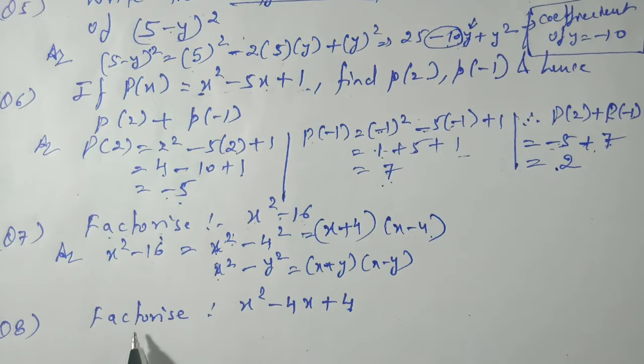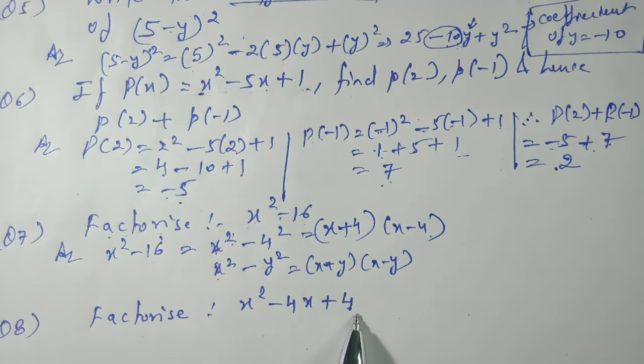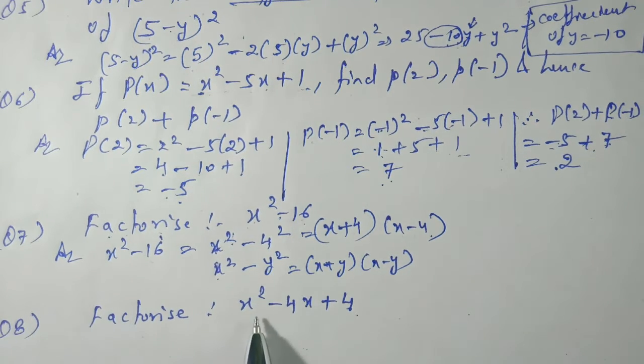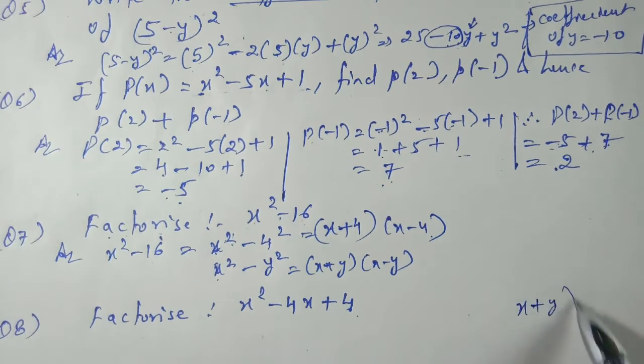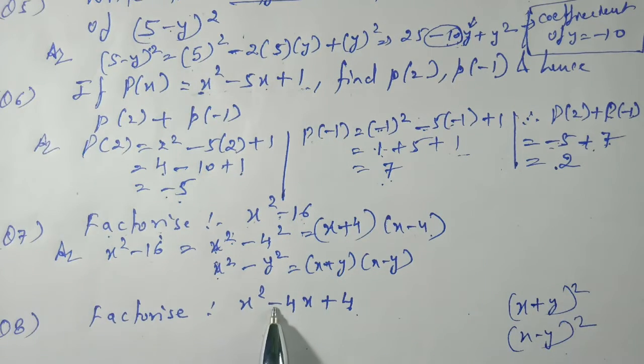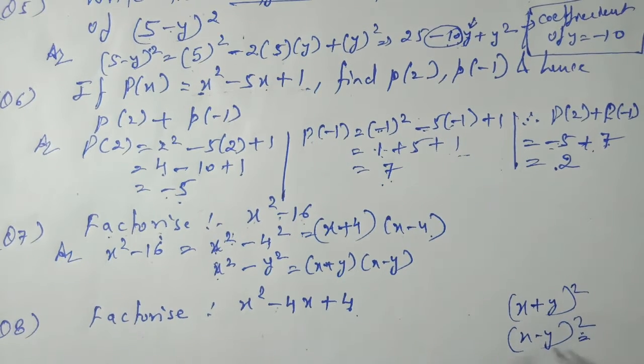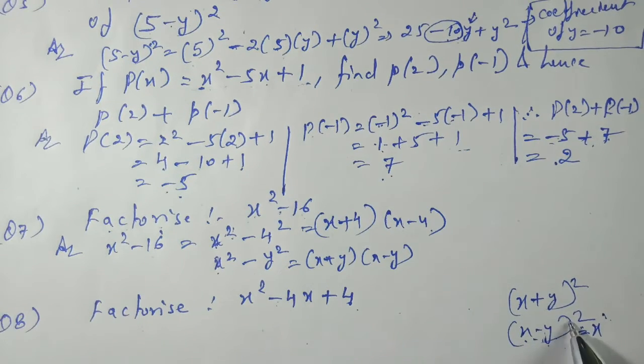Last question, factorize. Again a question based on factorize: x square minus 4x plus 4. Here three terms are in combination. The first number is in square. Let us check whether another number can be converted into the form of a square. Yes, it can be. If we find two numbers in the form of square, then we have to identify either the (x plus y) whole square identity or the (x minus y) whole square identity. Since the middle term is negative, we have to check whether it satisfies the condition of the (x minus y) whole square identity or not.